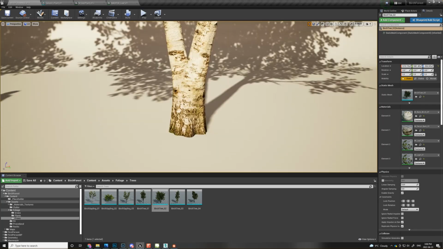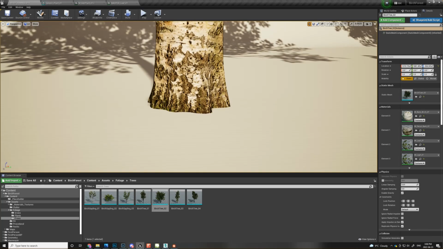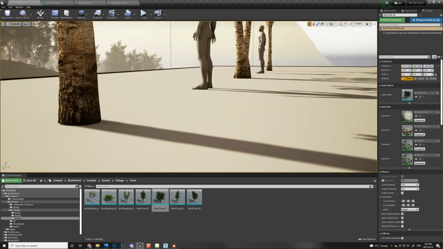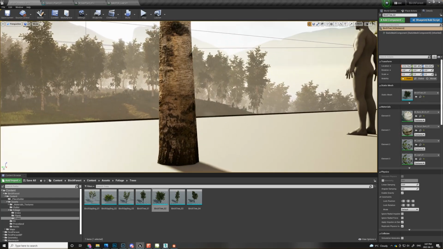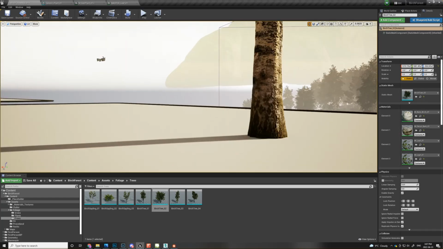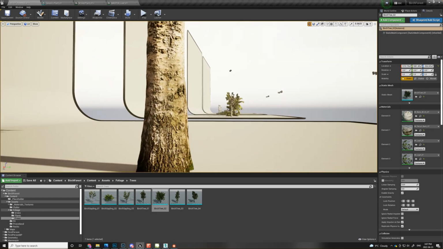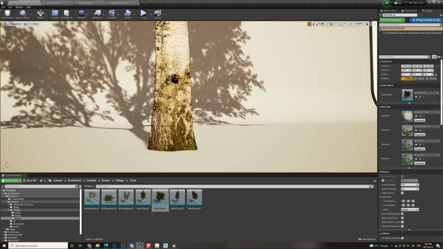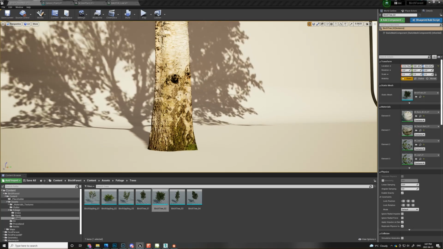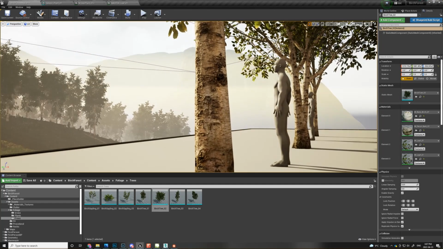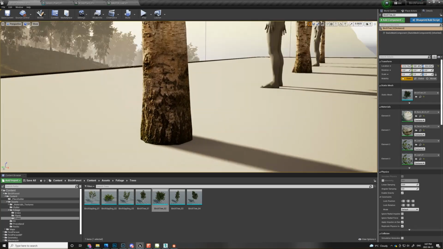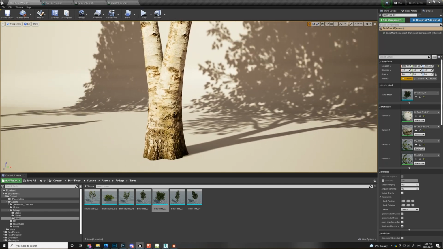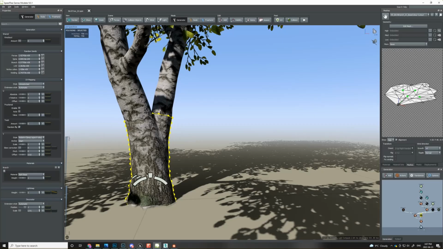So in here, for example, if we look at the base, what I wanted to do with the tree was have a way to root the tree into the ground and create a connection into the ground for the tree. One thing I wanted to do was create a nice way to root the tree, no pun intended, into the ground. With this, one awesome node inside of Speedtree